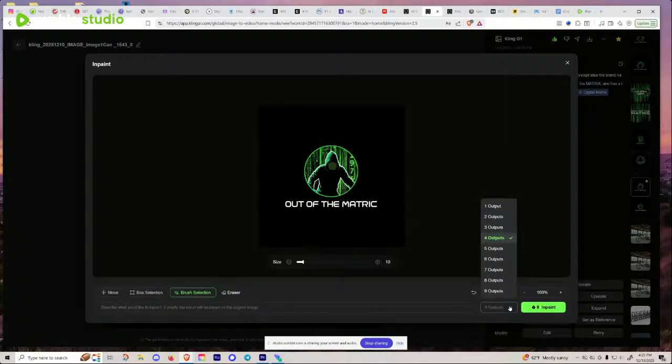Now you can do up to 9 different outputs. I like to do one at a time because maybe it doesn't get it right. So you hit generate one at a time and hit inpaint, right? So let's just do one as an example. I'm generating this area here, so it's only going to affect this area. If I want to give this guy a face or something, that's all it's going to work on, nothing else. So if you typed in put an elephant in the background, it wouldn't work because you're only affecting this area here, right?